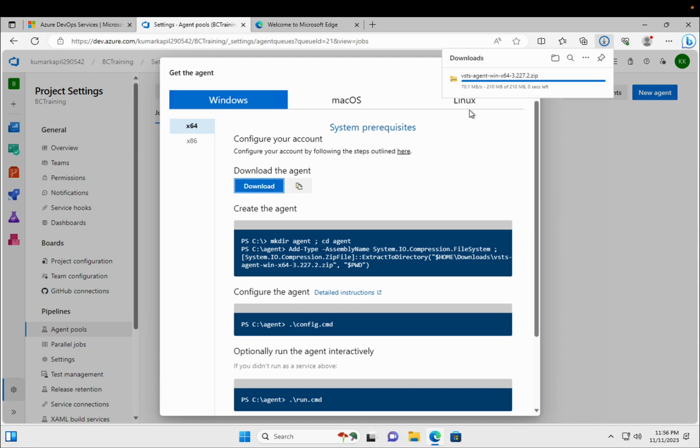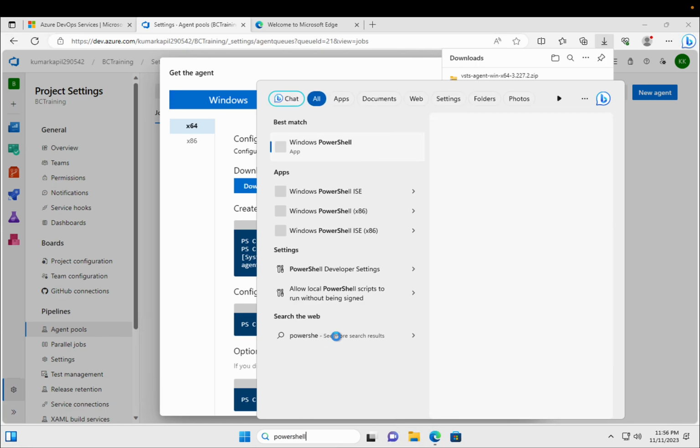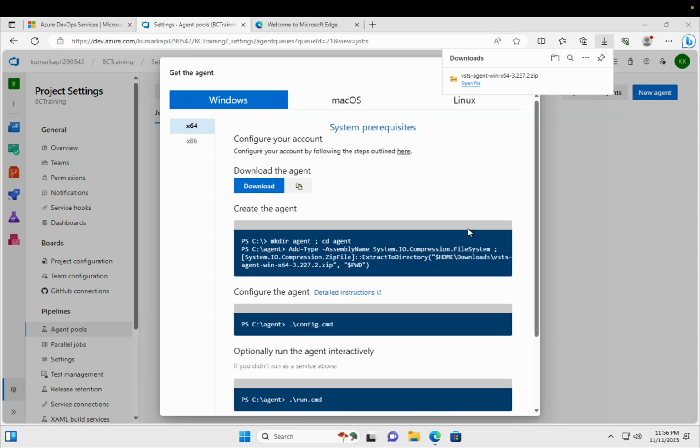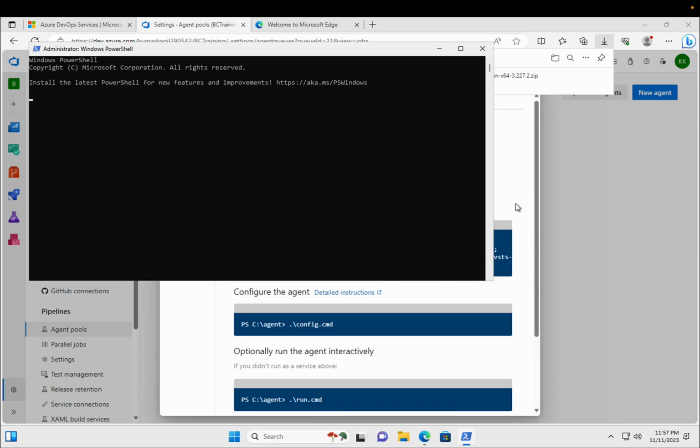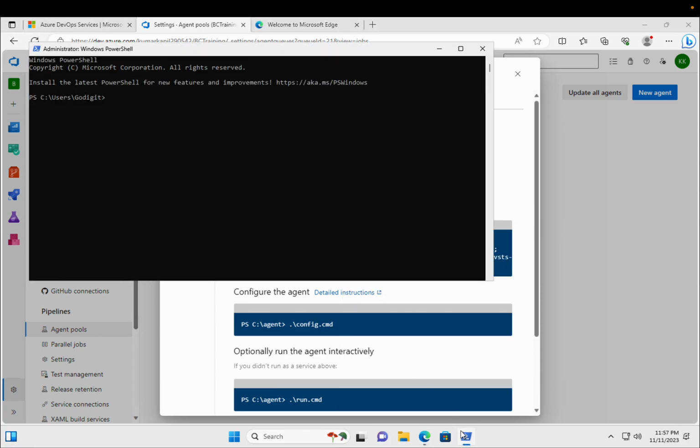Okay, it successfully got downloaded. Now the second step is that we have to run this command. For this, open PowerShell with admin rights, and one by one we will run these commands. First of all, copy this command, and as you can see, to run it we have to be on our C drive first. Currently I'm here, so let me change the directory